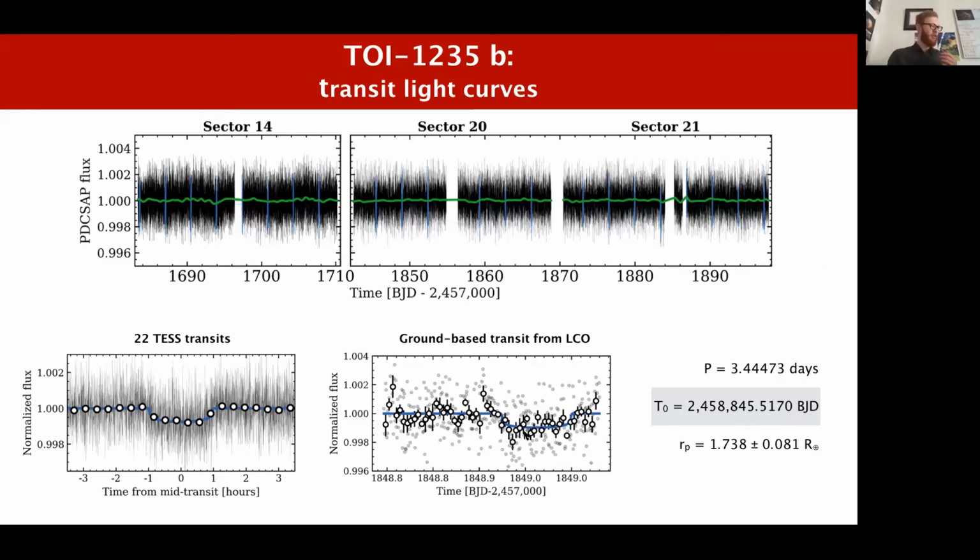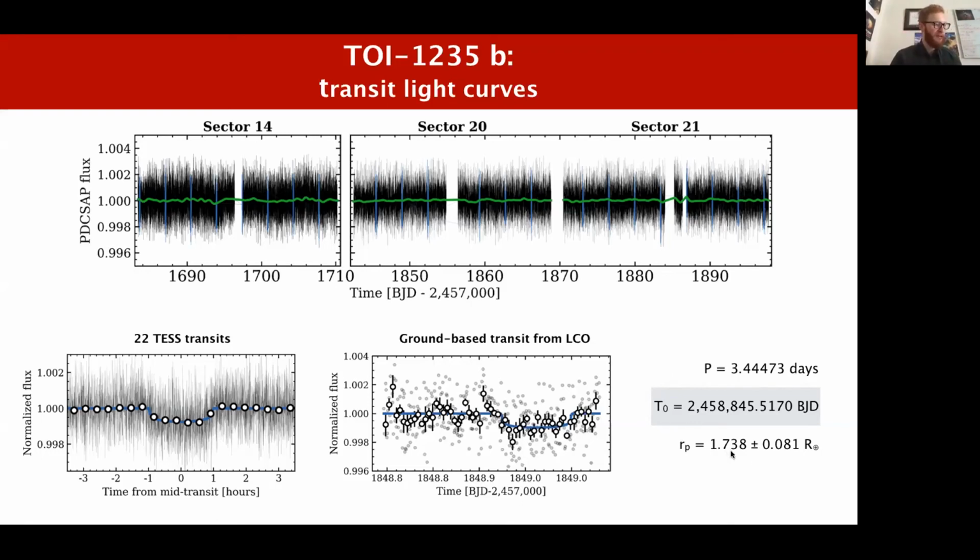This is just one transit that we got from the ground, compared to the 22 transits that we got from TESS. But because we had this observation from the ground, we confirmed that the transit was in fact coming from TOI 1235 as we expected, and that the transit basically arrived at the expected time. So we got the period right, and those are these values, P and T0. Taking all these observations together, we were able to derive the planet's ephemeris itself and its radius,